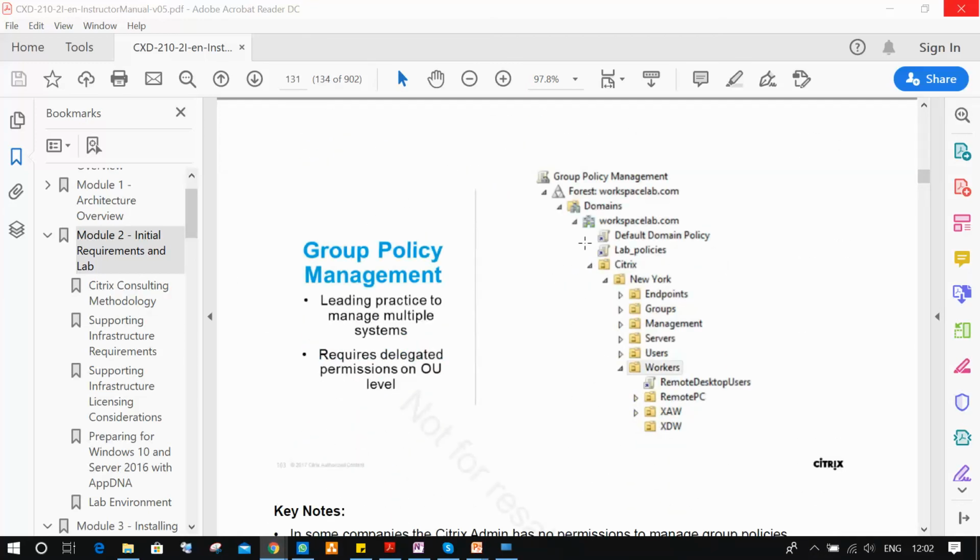So this is your group policy management, how you are managing the policies, Citrix policies. This is the structure of the policies we will be delivering. Going forward, we will set up policies mostly in the middle of the class. We will come here and configure the policies and set that up. Understood.